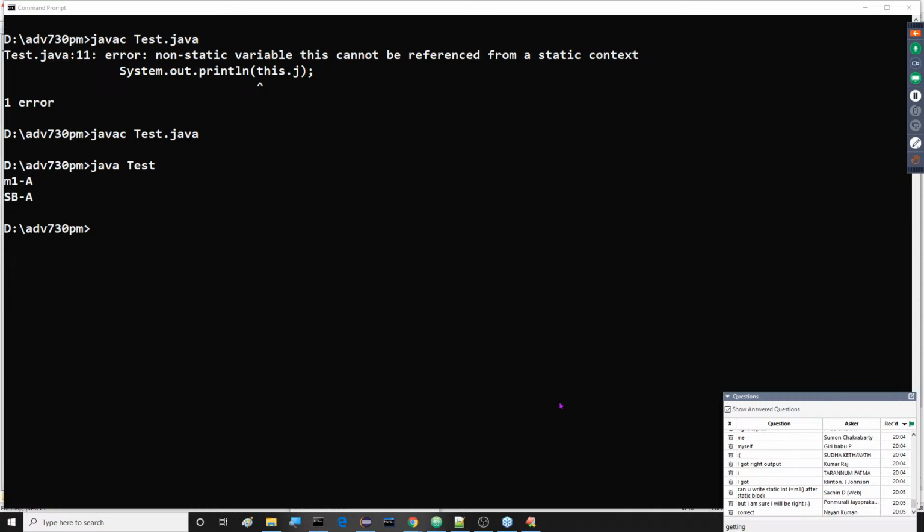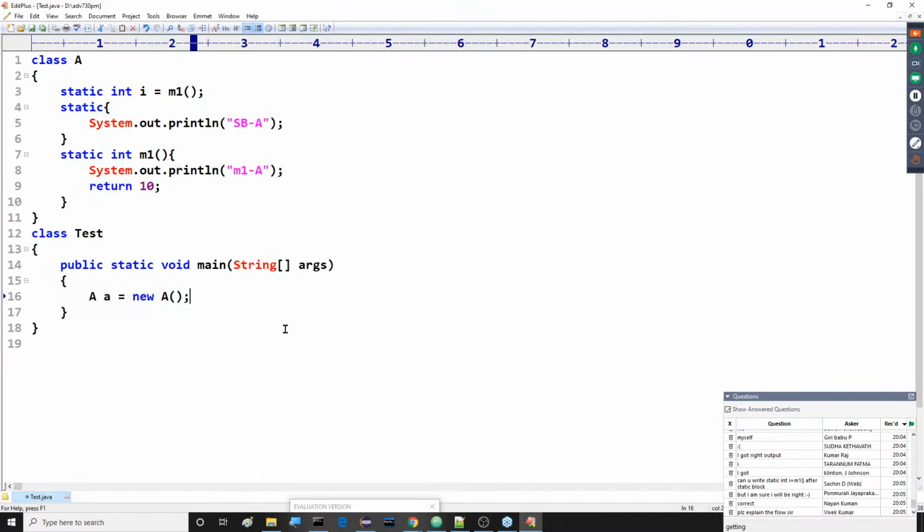Try to recognize this. So now I want to explain this total flow of execution. Now try to observe this. Come on, guys. Now tell me